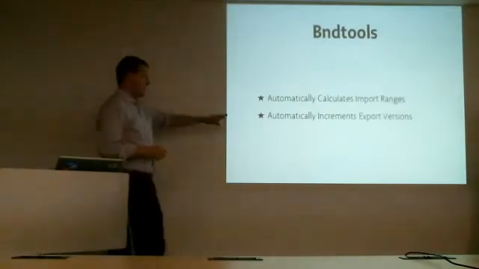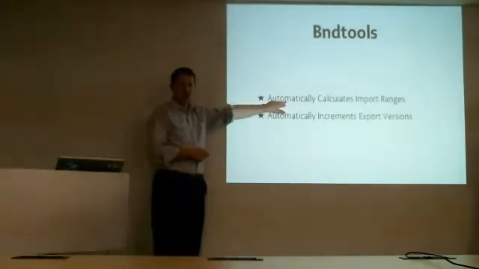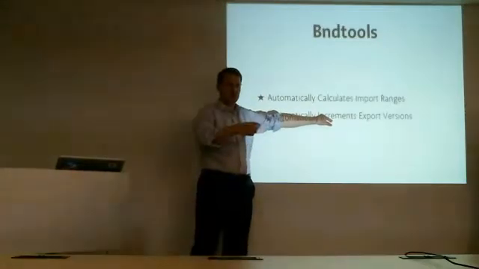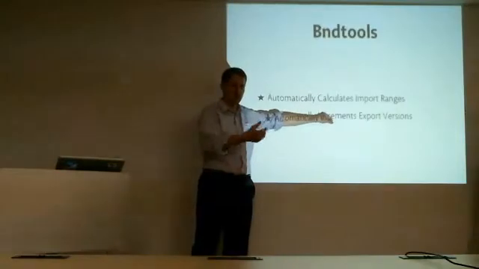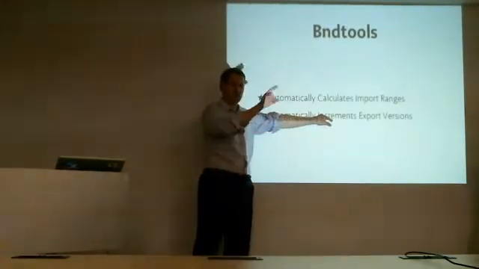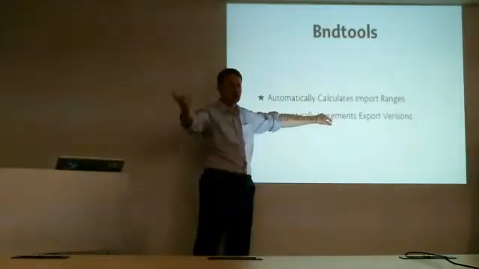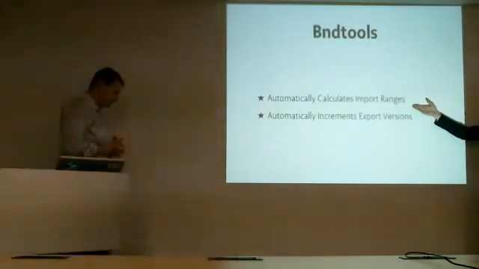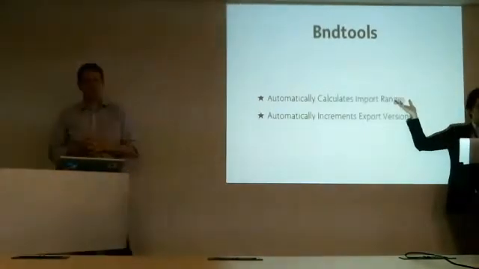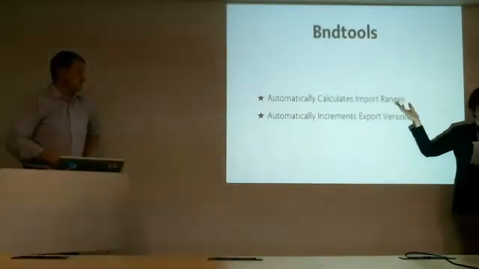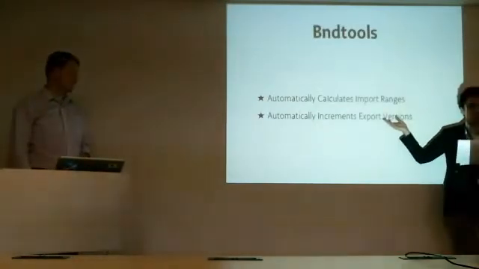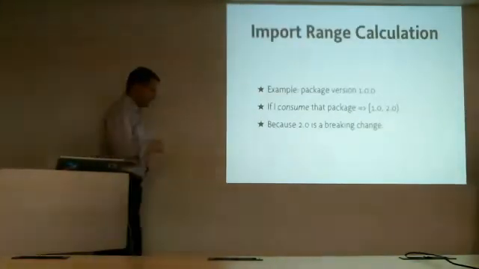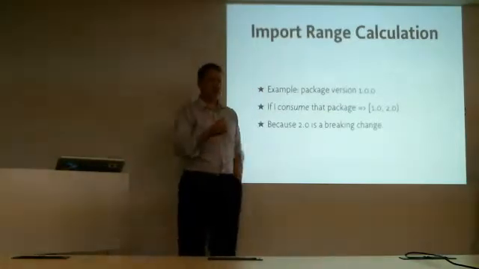So BND tools can automatically calculate what the correct import range should be. It can also automatically increment the export version. So when I change a package, BND tools will work out what the new version should be, whether it should be 1.1, 1.0.1, etc. この BND ツールというのは先ほどから出てきている OSGi のツールです。それを使うと、あるライブラリをインポートしなければいけないときに、どのバージョンをインポートしたらいいのかを自動的に計算してくれます。さらに、あるライブラリをエクスポートするとき、つまり作る側のときには、自動的にそのバージョンを決めてくれる。